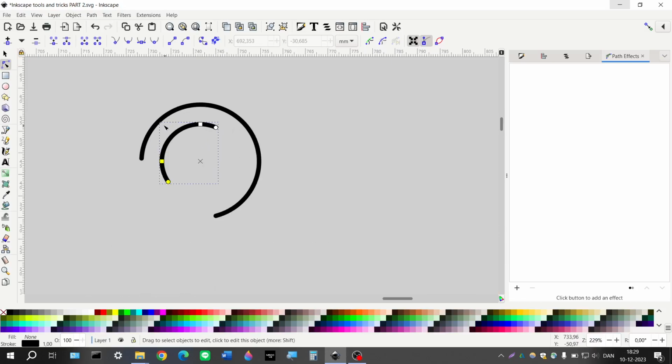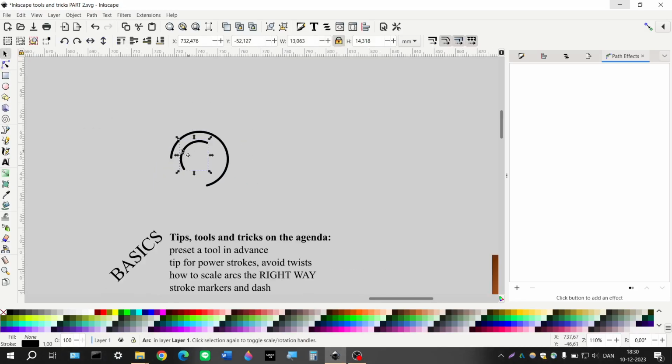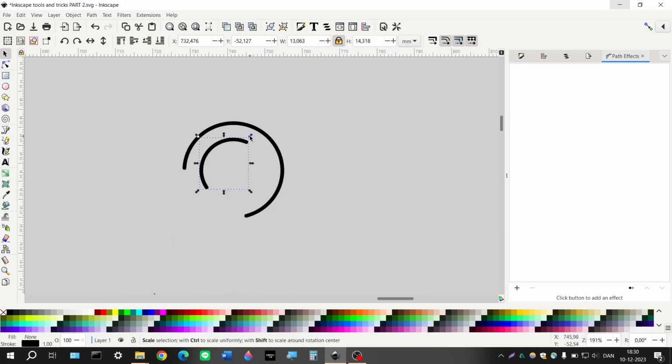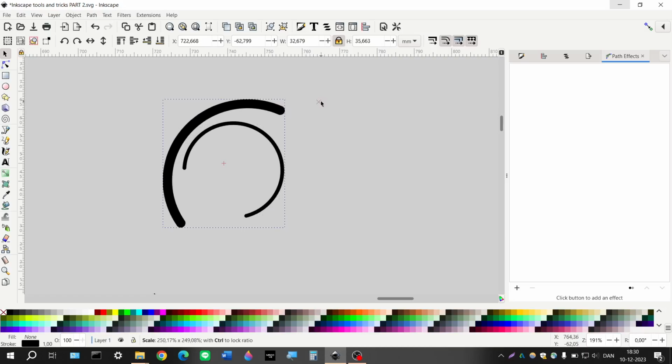You can see the bounding box, that's the dashed line there. And if I go to my regular pick tool, you can see the outline is right there. And it has the handles for scaling. And if you don't think about it too much, you might actually think to yourself, oh, well, I'm just going to scale this. I'm just going to hold Control and Shift, and then I'm going to drag on this handle right here. But what happens is that bounding box is not a perfect square,